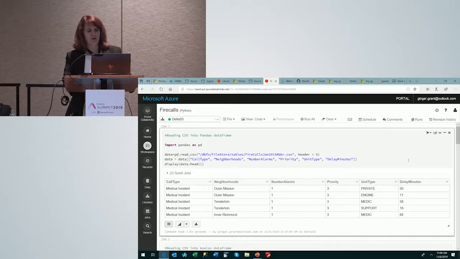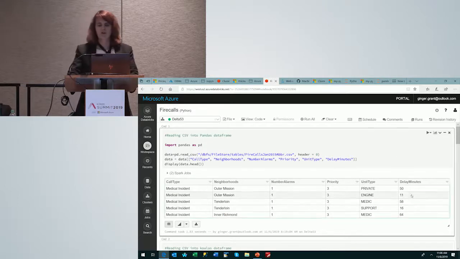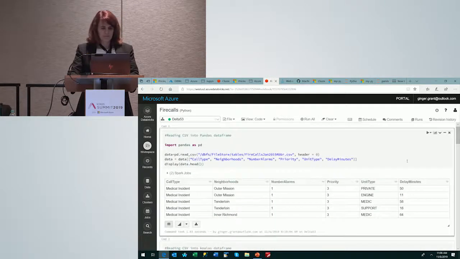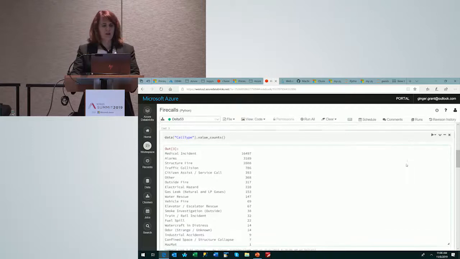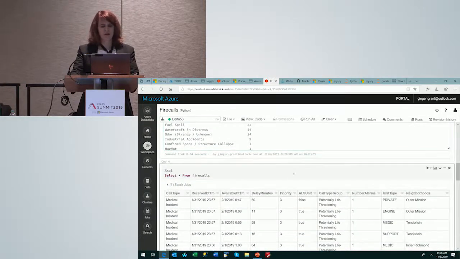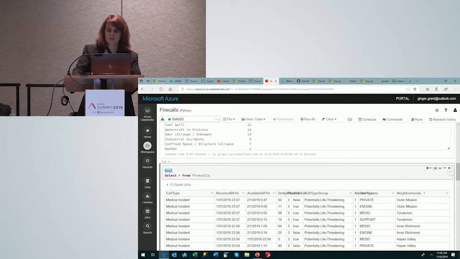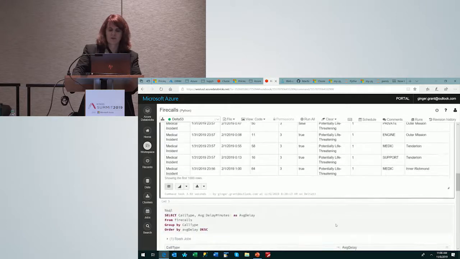And then I'm going to take a look at the data within it and see if I can determine what the indicators are for how long it takes to get a fire engine to show up after it's been called. So I can take a look at the call type and see most of these are medical incidents. And then I can just select the data because within Databricks they have what are called magic commands, and I can just put the SQL in here and then take a look at it just as if it was SQL and do some simple SQL on it.